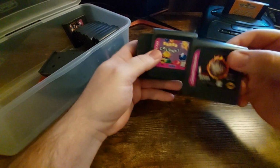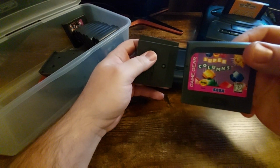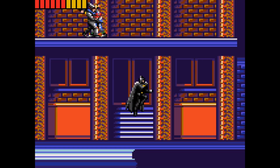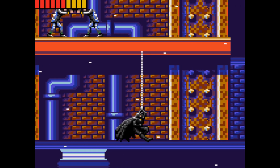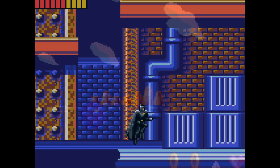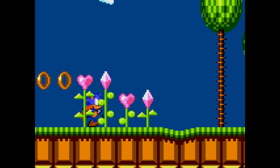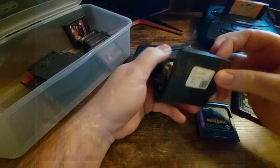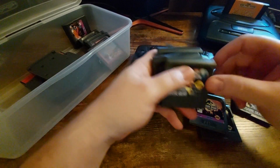This is a console that I love very much, that I have played over the years and just got an enormous amount of enjoyment out of. I know that there are other ways you can play Game Gear cartridges, like I said, through emulators or through the Analog Pocket with an adapter, things like that. But I think this is still a fun little way to play games, especially if you get yourself an AC adapter for it, or if you modify your console to take a more modern battery solution, like a lithium battery,